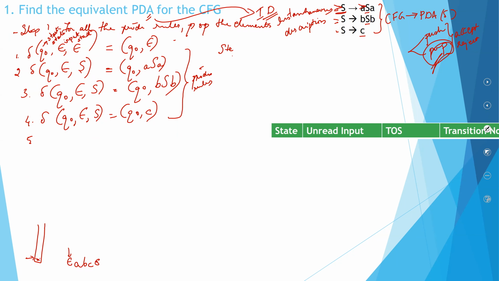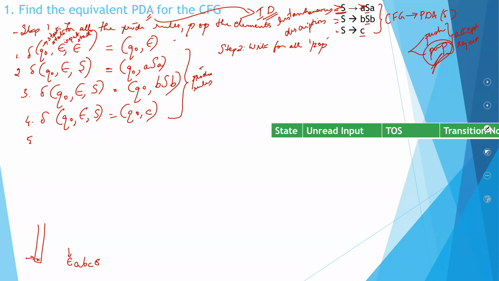Step number 2 is to write for all the poppings. Now, as you all know, in a PDA, when do you pop? You pop when the top of the stack and the element which you encounter are the same. Imagine you had a B on top, and then you encounter a B, you will pop. Imagine you had a C on top, and then you encounter a C, C will be popped. So you always pop when you have the same elements. So now let us write the rules for popping.